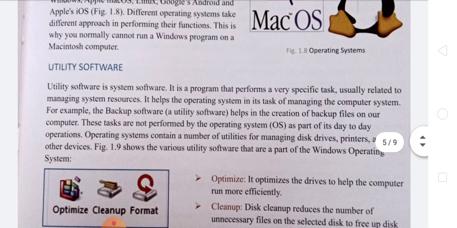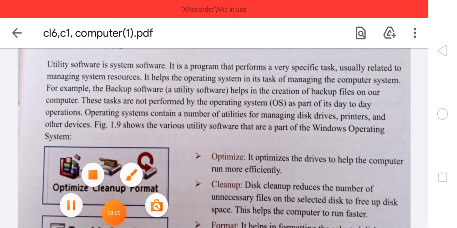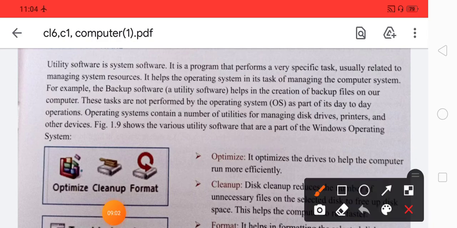The next part is utility software. Utility software is a type of system software that performs specific tasks, usually related to managing the system resources, and helps the operating system in managing the computer system. For example, backup software helps in the creation of backup files on the computer system.